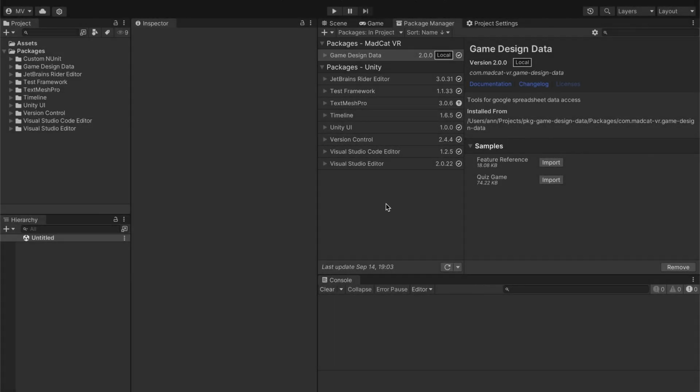Okay, here's the overview of the Game Design Data plugin. It comes in the form of a package, so you will find it in Package Manager, and also it will be available in the Packages folder in the project panel. It is currently imported into the empty project, and I will start with importing one of the examples that are